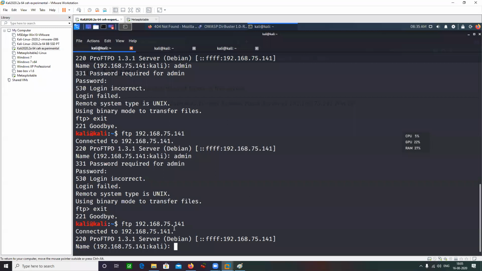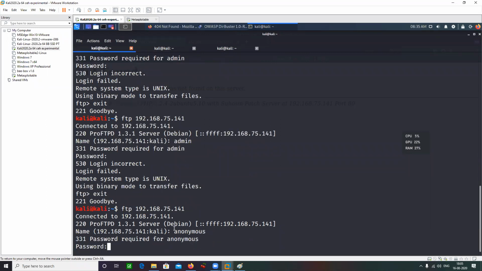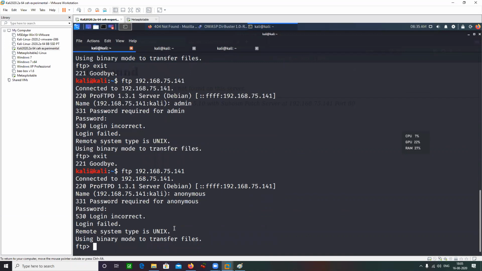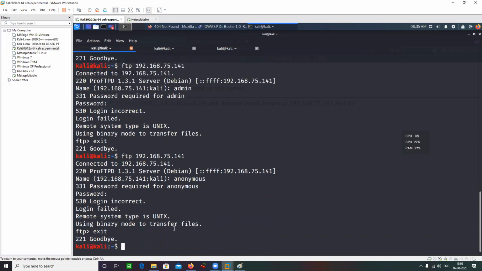So there's an FTP feature that allows anonymous login. What I need to do is I just need to type anonymous here. Password required for anonymous. Login failed. So actually anonymous login is not enabled here, but it's a good thing to check for anonymous login. Why so?